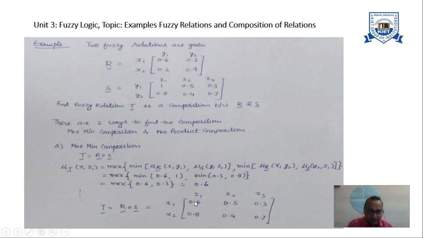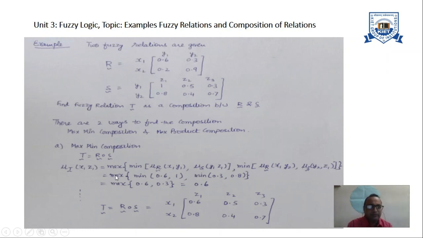So that's why 0.6 we are mentioning it here. You can see here what we are doing. We are taking the max-min composition, and max-min composition says that we will first choose the minimum of x1y1 and y1z1. Out of these two subpaths, we will choose the minimum one, and from the other path, which is being halted by the intermediary y2, we will choose the minimum out of these, and out of their own minimums we will